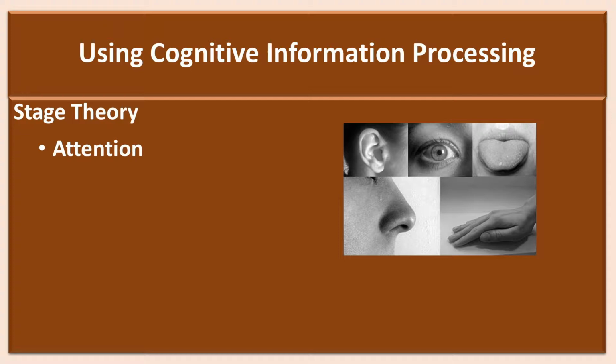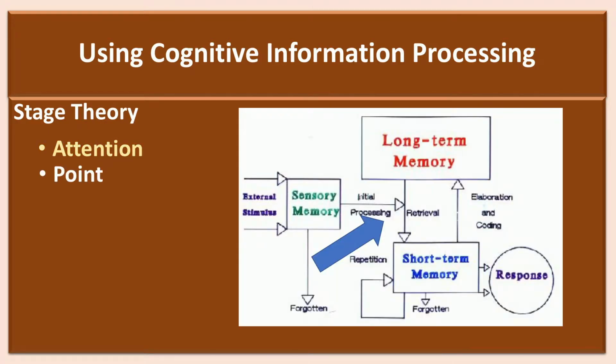First, the stage memory proposed that learners must pay attention to the stimuli that activate sensory memory, as that is very fleeting. If attention is not given, then it is immediately forgotten. Next, stage theorists proposed that it is beneficial to point out specific information that is most important. This is especially important for considering learner differences. Some learners will understand more than others initially, and you want all learners to attend initially to the most important